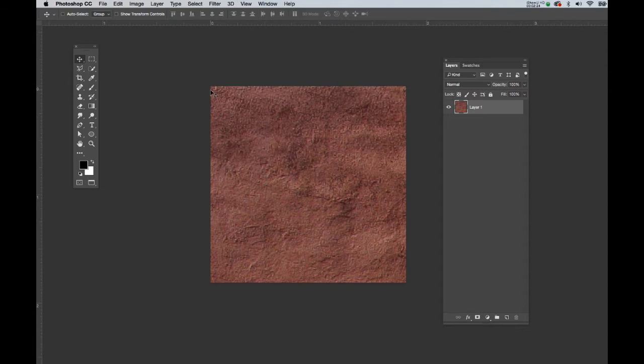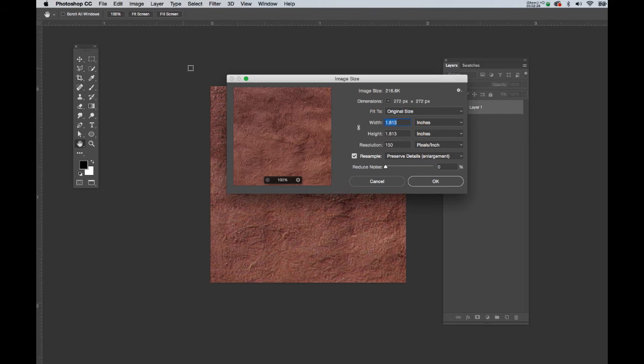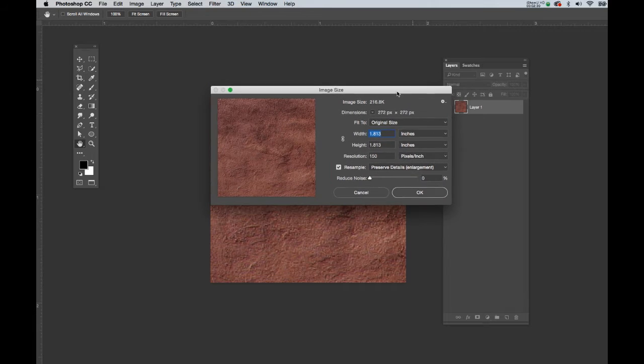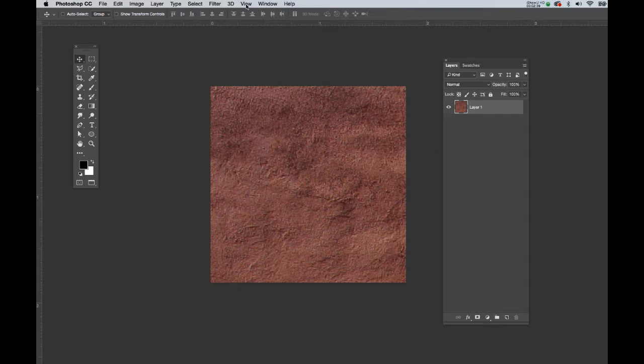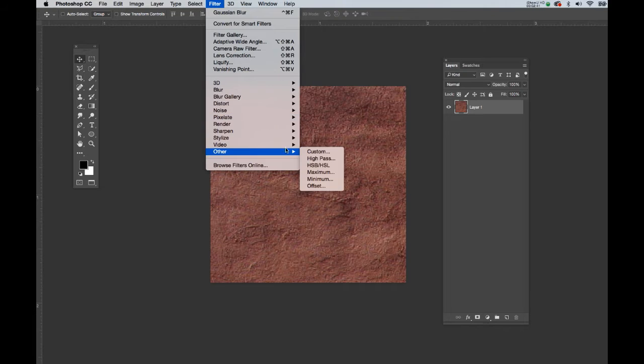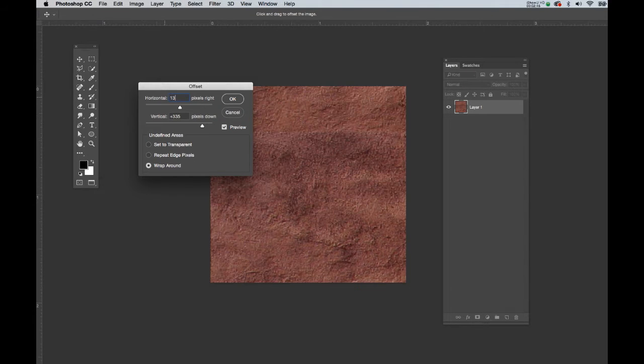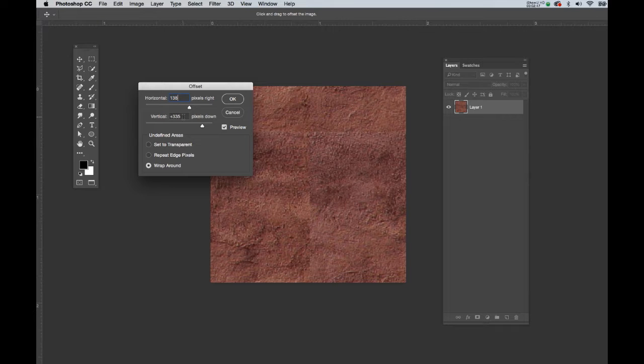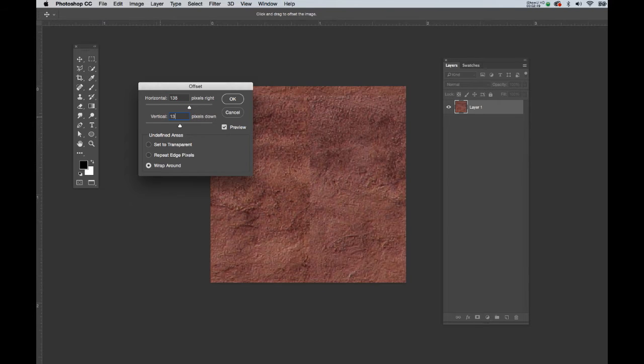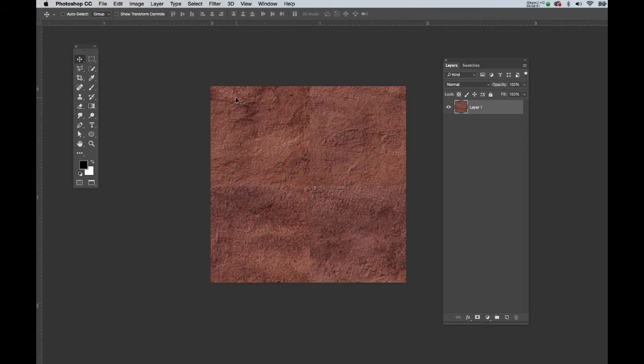So I'm going to go to my image size. And it's telling me it's 272 by 272. So I'm looking for 138 by 138. And you'll see why in a moment. If I go back, I go to Filter, Other, Offset. I'm going to make each of these numbers 138 by 138. And you'll see what it's done, it's made a